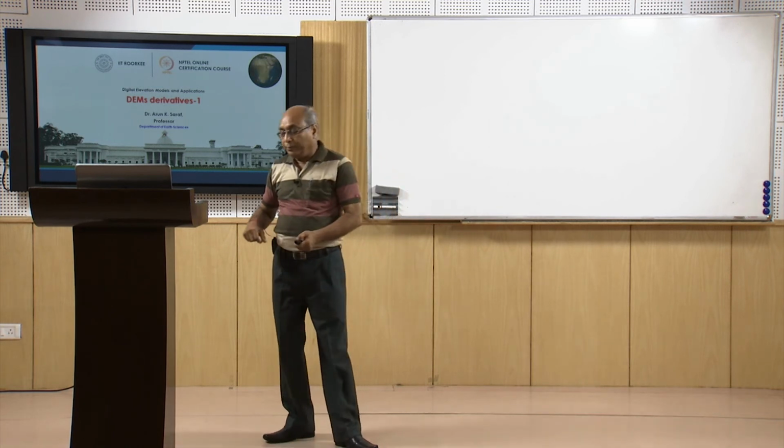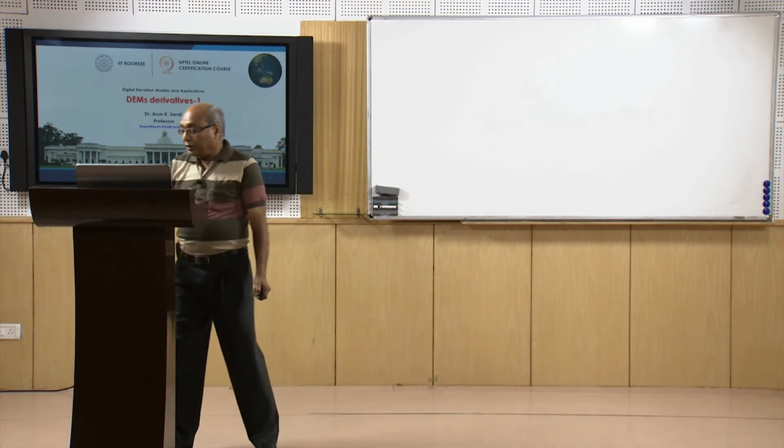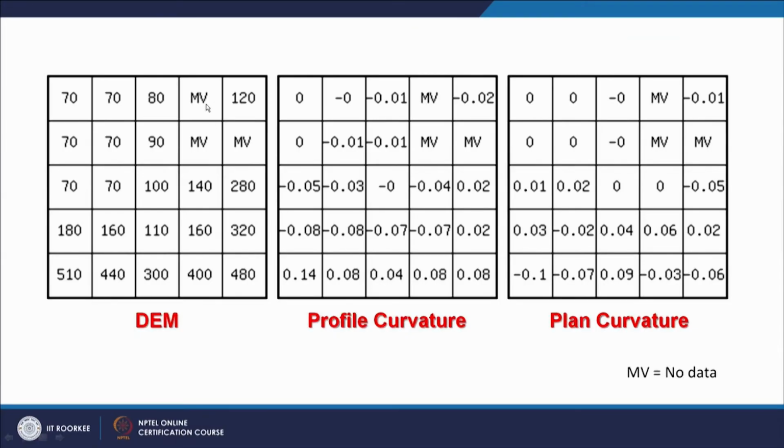How exactly it is calculated in GIS using a digital elevation model is depicted here. On the left side we are having a digital elevation model, and the values are shown. MV stands for missing value, basically no values are available here, and this scenario is always kept so that we can learn how it will behave when no data values are there. And